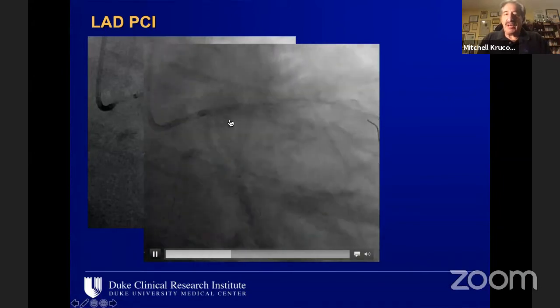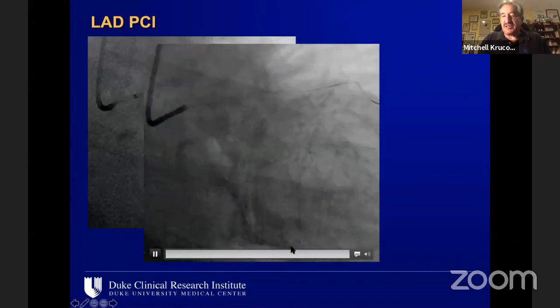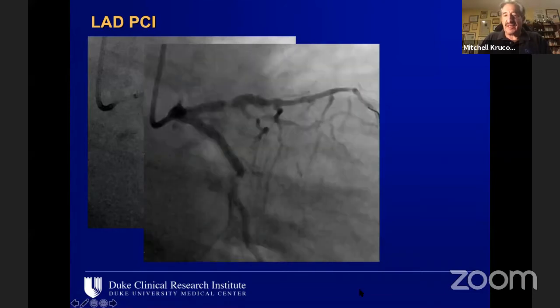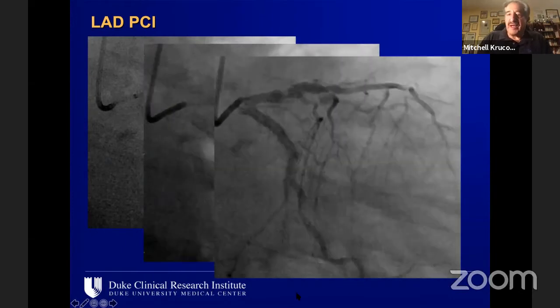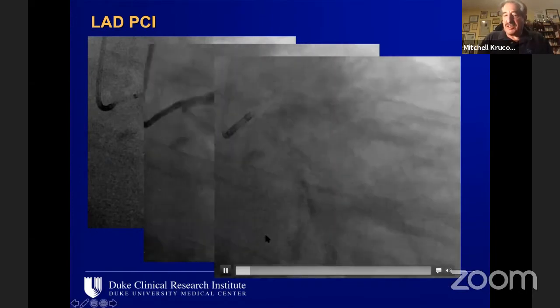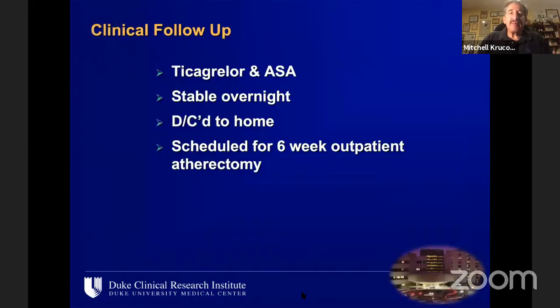After the balloon attempt on here, you can see there's a dissection on both the proximal and distal edges of the lesion. And what we did was withdrew the wire and just waited for about 20 minutes and watched. The lesion was stable, the patient was stable. So we put him on ticagrelor and aspirin, watched him in the hospital overnight. He was fine, walking around comfortable, sent him home and scheduled him to come back after the dissections potentially had healed to do an atherectomy gently as possible in the midst of that ectatic segment, and he died at home 2 days later.